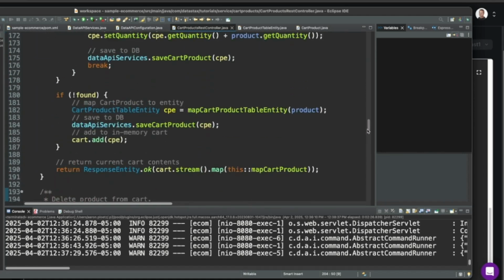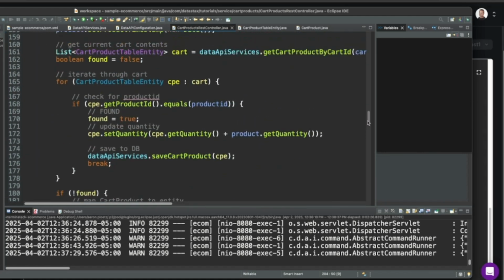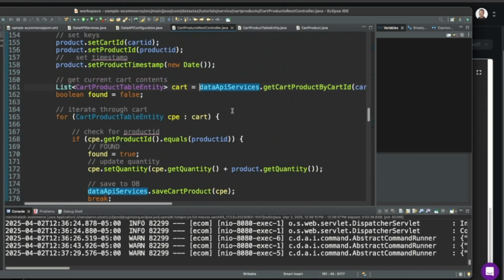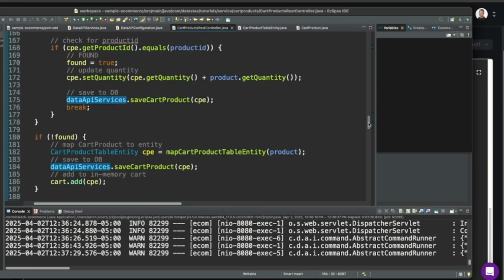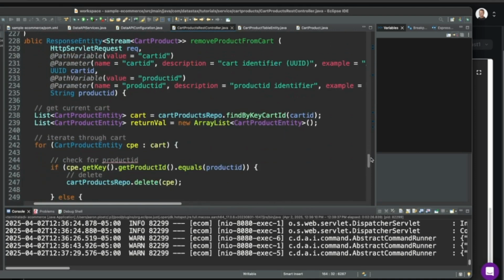Yeah. Let's fix that right off the bat here. So data API services, get cart product by cart ID. Actually, I should make that say products, but that's okay. All right. And we're going to start by replacing that.